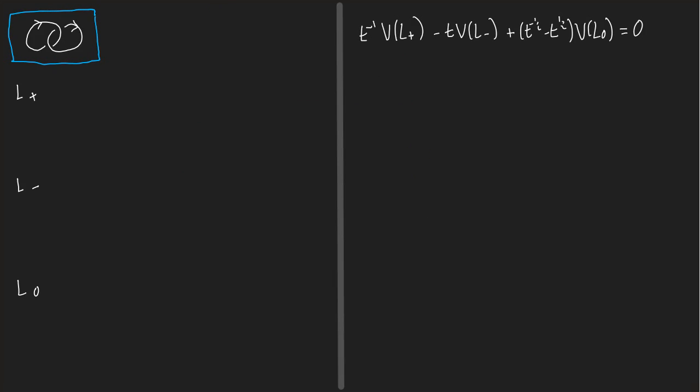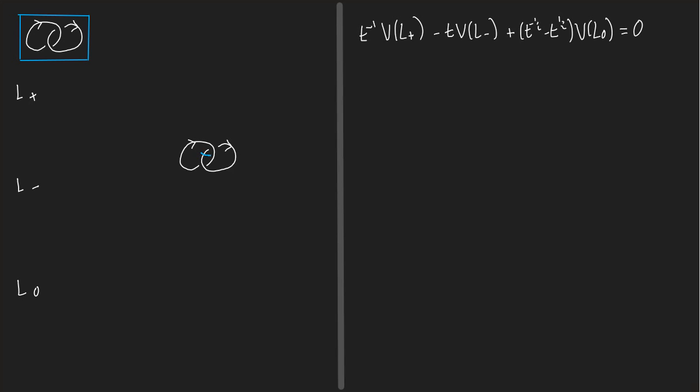Is this going to be a rectangle? No. No rectangles at all. Okay, let's work out the Jones polynomial of this Hopf link. So how will we decide whether to make this an L plus or an L minus or an L0? Well, the simplest thing to do, and it's not always the correct thing to do, but it's a simple thing,